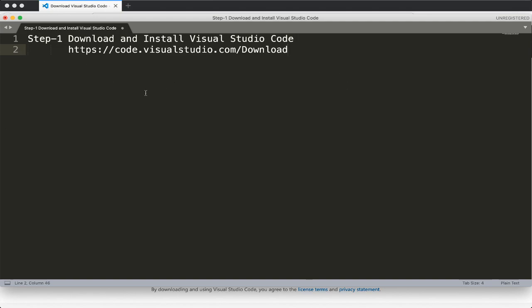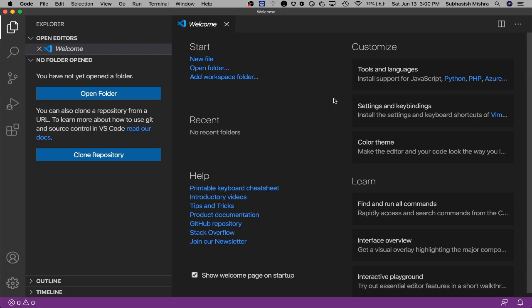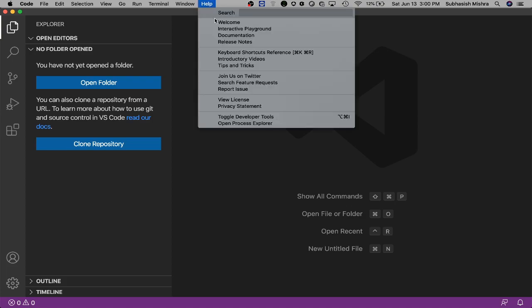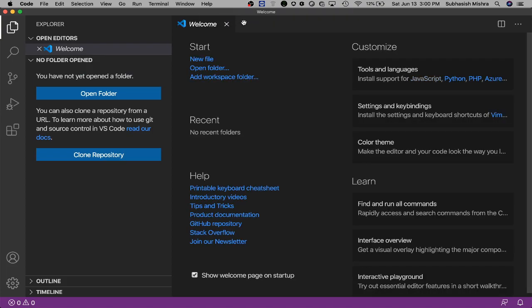I'll put all these steps in our video description. Let's understand Visual Studio Code in detail. When you open it the first time, you will see a welcome window. You can close it. Again, if you want to open it, you can click on help, then click this welcome. So you will see all these details here.